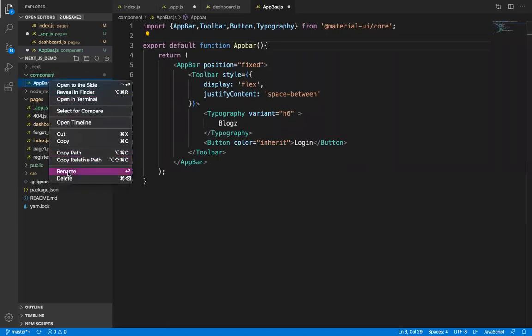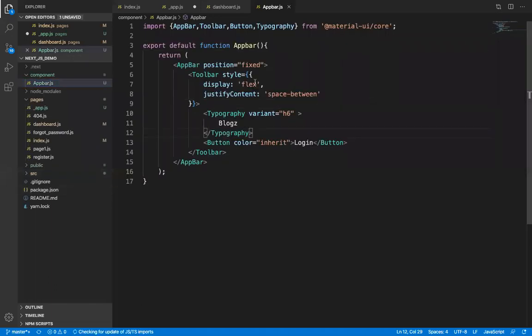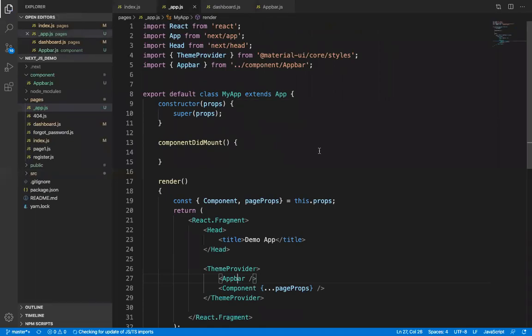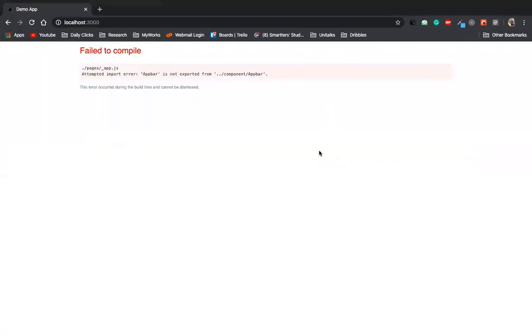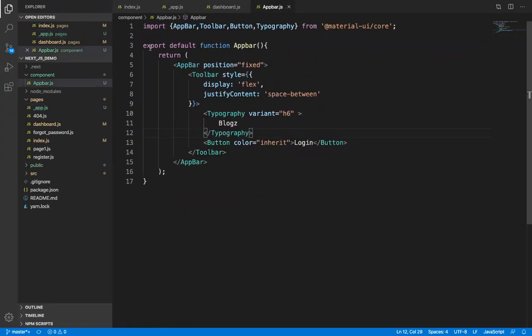Also app bar. So now save everything. Component app bar is not exported. Export default function app bar. Something went wrong.